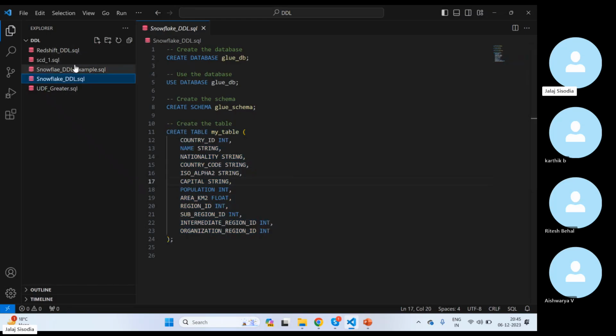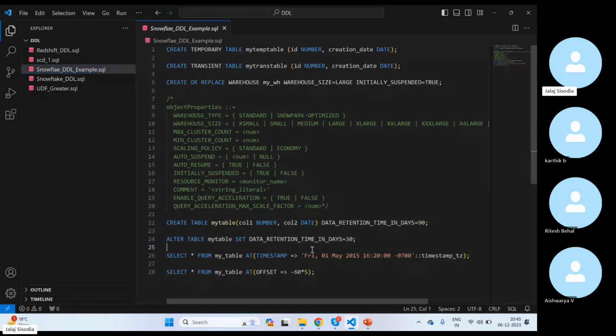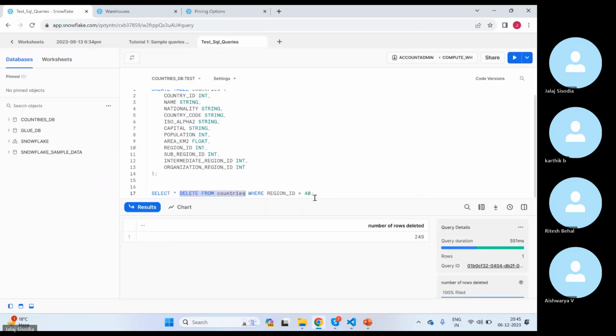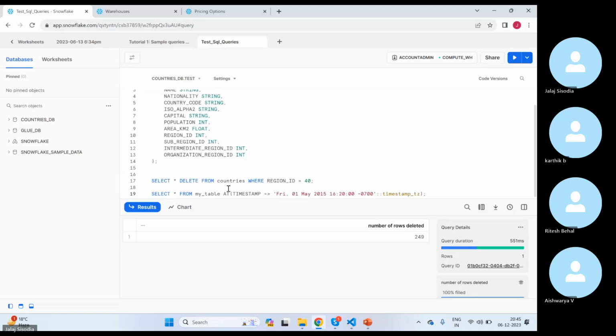So if I have the syntax with me, yeah, you can write something like this. I just deleted the data from my table, and then this is actually time travel. This is not a fail-safe example. This is an example of time travel. I mean, there's no huge difference between time travel and fail-safe. The functionality is a kind of same thing, only to recover the data from your unwanted commits that you make on your table. So right now I'm saying I want the data when my countries